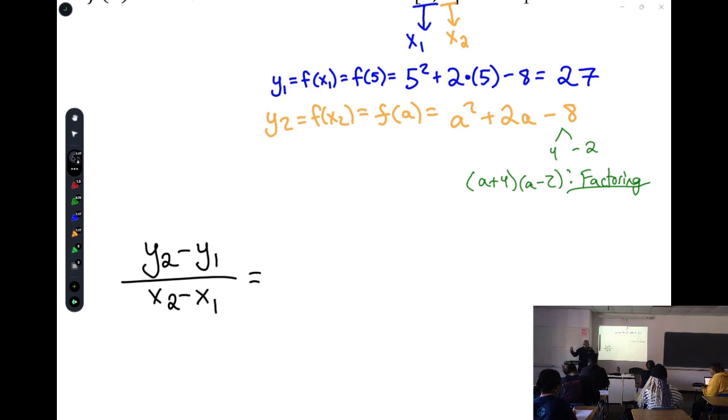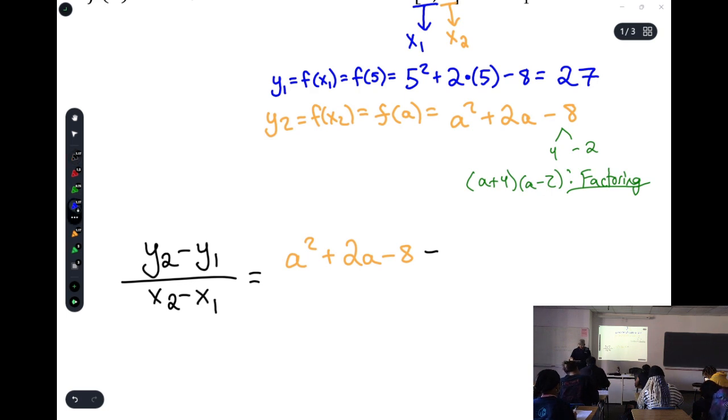What's our y2? It's that whole yellow thing. A squared plus 2a minus 8. Subtract the blue thing. What's the blue thing? And then what goes on the bottom? A subtract